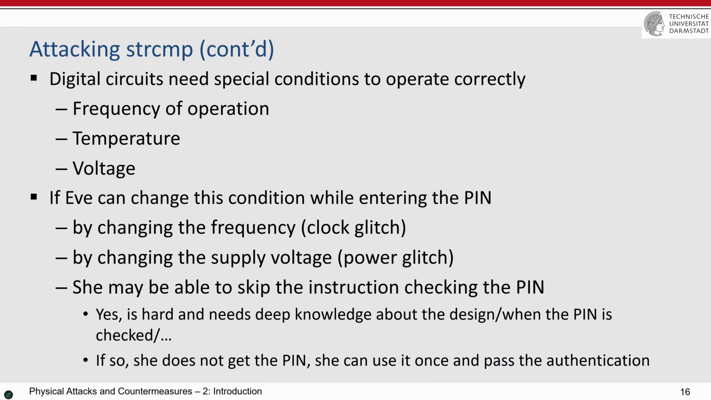Then the attacker doesn't learn the pin, actually gets access, or passes the authentication process and gets access to the secured objects. Now, if you have some ideas about what the physical attacks are, formally they are classified into some